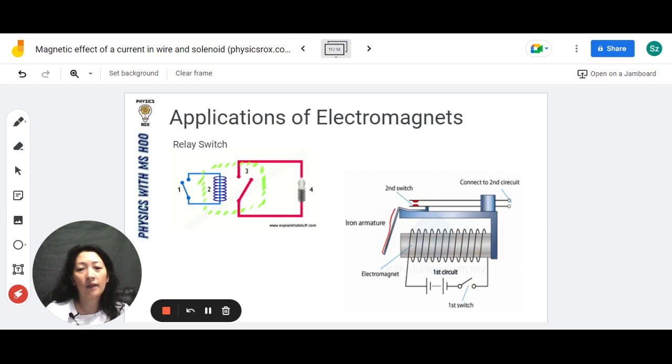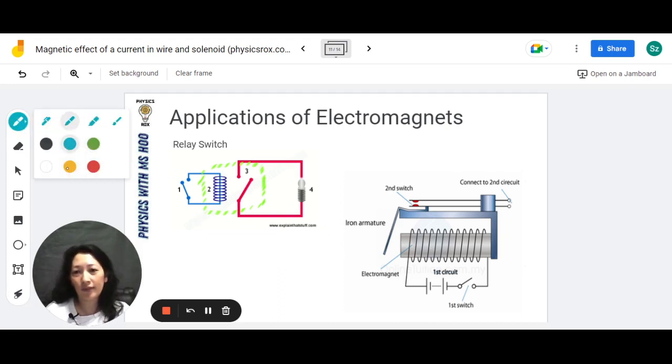Now imagine we switch this on, this is now an electromagnet. You have a piece of iron armature here. The iron armature refers to a moving piece in this mechanism. You can see here this iron armature is actually one piece like this. It's like an L-shaped piece, and there's a point where it will pivot. So when this becomes an electromagnet, this iron armature will be attracted to the electromagnet, so it's going to move this way. And as it rotates,